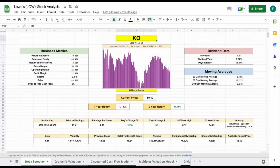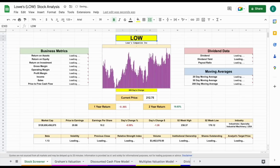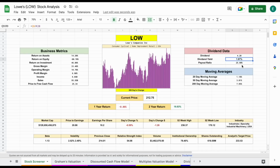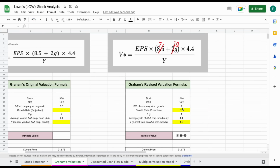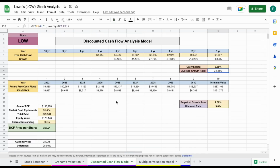Let's go ahead and jump into our stock valuation spreadsheet. We'll come up here and plug in the stock ticker for Lowe's and hit enter. And again, that data will load in. The starting dividend yield is a little bit lower than the other companies we've looked at so far, around 2%, but the payout ratio is nice and low as well, 25.9, giving it plenty of room to continue to grow that dividend over time. If we jump into Graham's valuation, I'll go ahead and zoom in again. We can see we actually come to an intrinsic value of $189.49 per share,